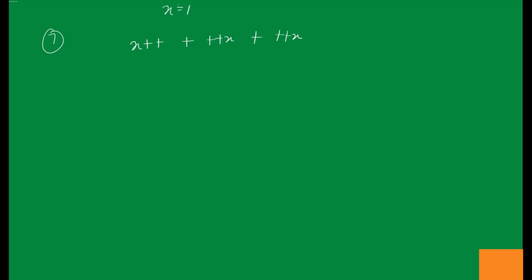So here we are initially going to, this is postfix, so we are going to assign first, right? So value is 1, then we are going to increment it, so it becomes 2, then plus we are going to increment, so we are going to put 3 here, and then we are going to assign, so it becomes 3 only.